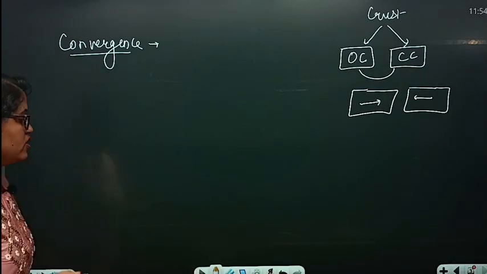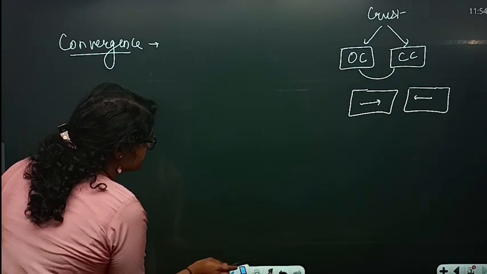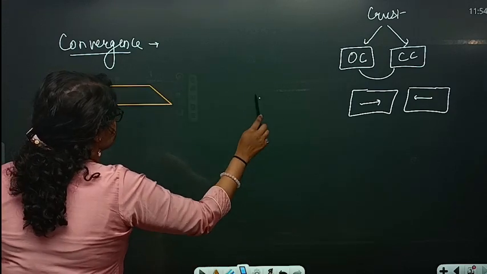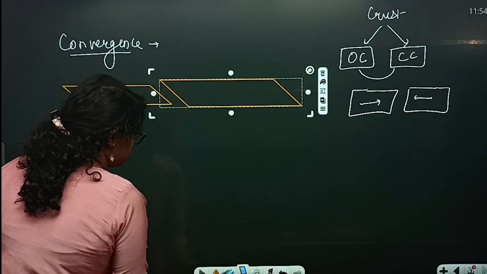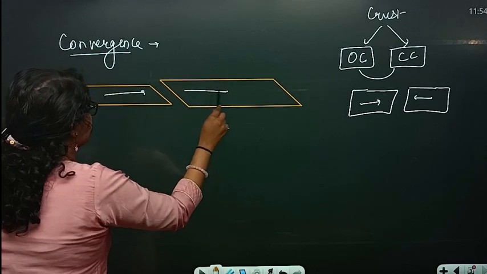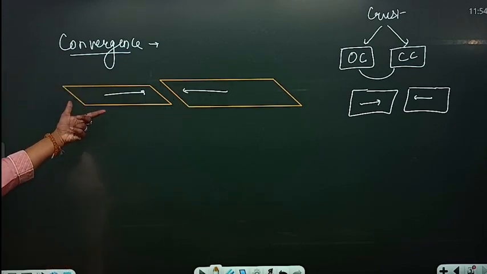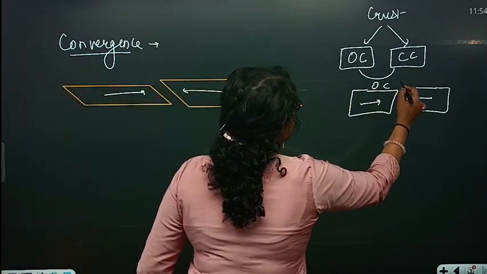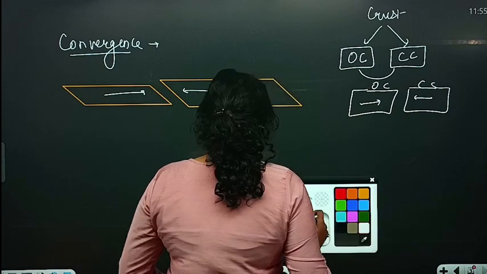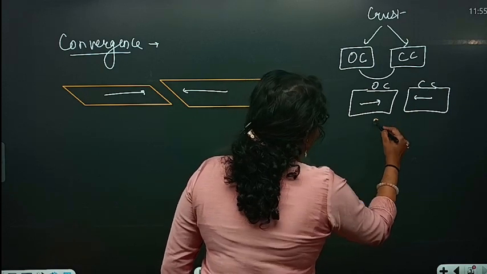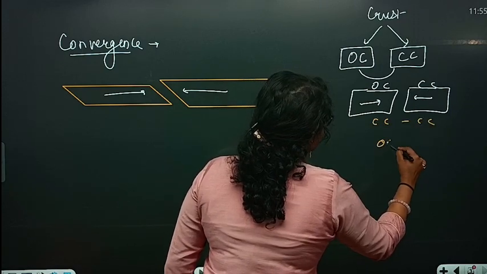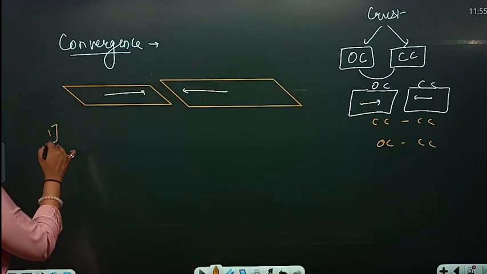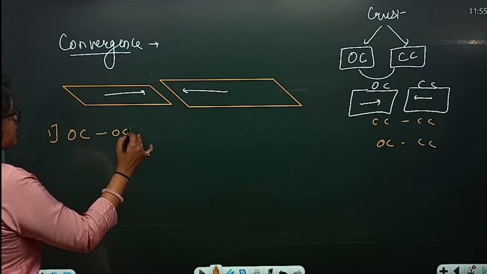So in convergence, two plates move towards each other. Now there are three possibilities. These two plates can be oceanic and oceanic, continental and continental, or oceanic and continental. First of all, when both the plates are oceanic,